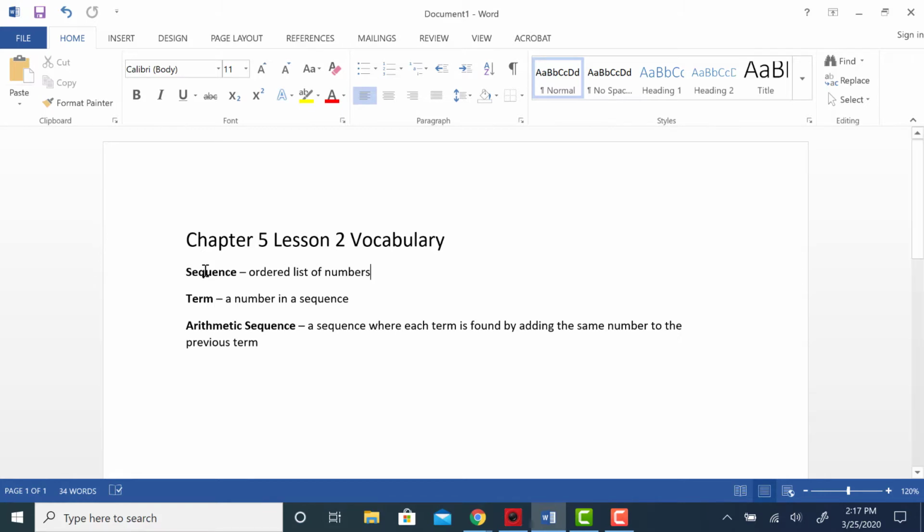Our first word is sequence. Now, a sequence is pretty simple. It's just an ordered list of numbers. So when you have a list of numbers that are put in a certain order, that would be a sequence. Our second vocab word is term. A term is just a number in that list of numbers. So if I have a list of numbers 5, 6, 7, 8, then 5, 6, 7, and 8 are the terms